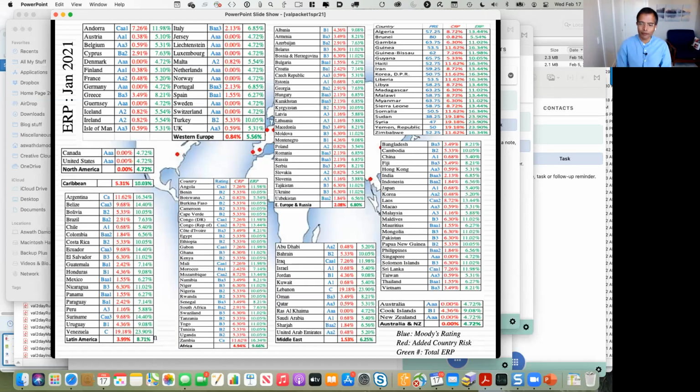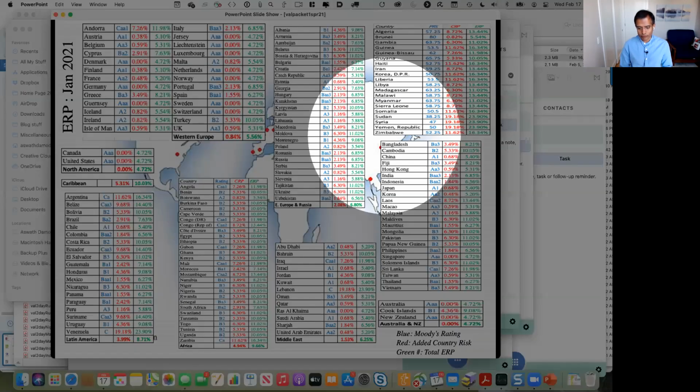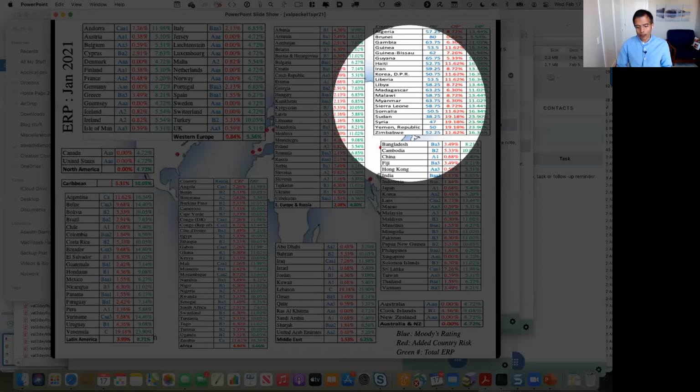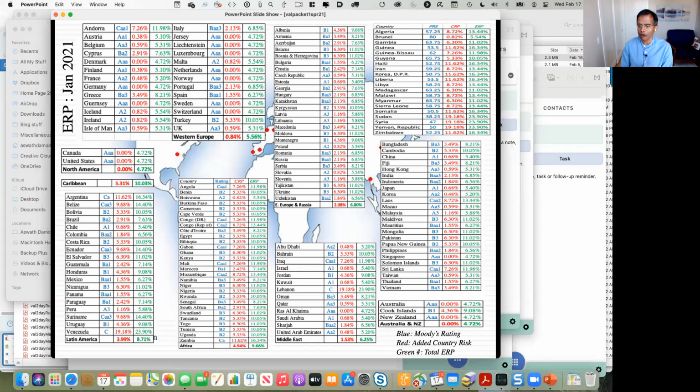Okay, so yeah, it took me a while to get there, but that's the page I left you on. The one thing that I didn't get a chance to talk about is if you look at the top right-hand corner of this page, you'll actually see some countries listed: North Korea, Congo.